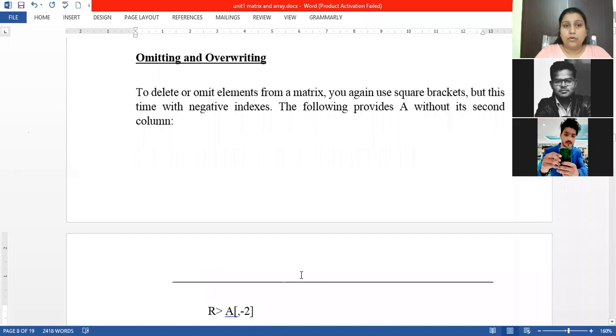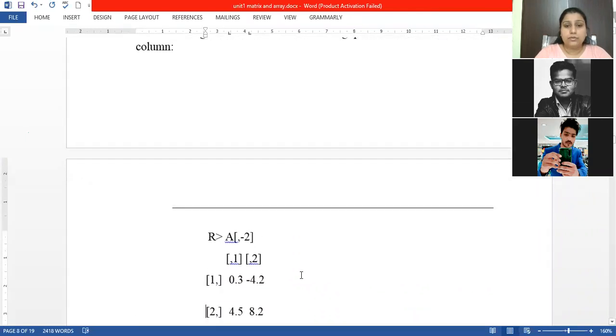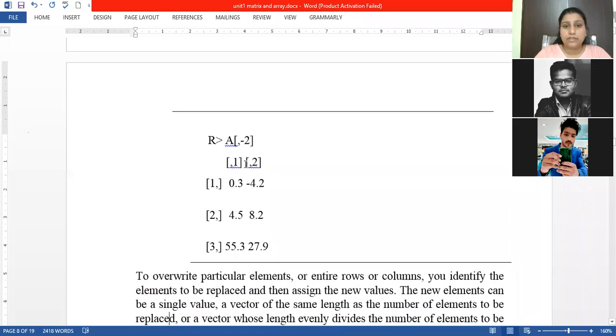Now we'll come to omitting and overwriting in matrix operations. To delete anything from a matrix, you just give the index in a negative format. Suppose I want to delete the second column.